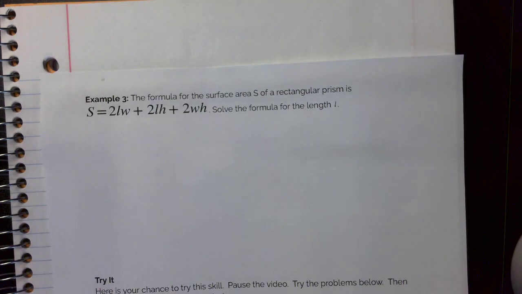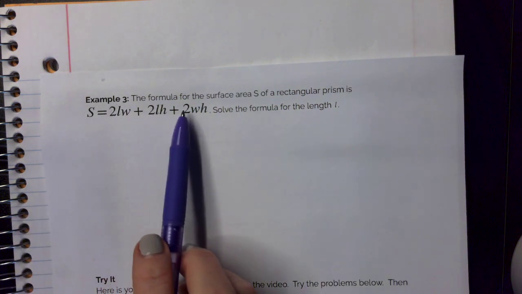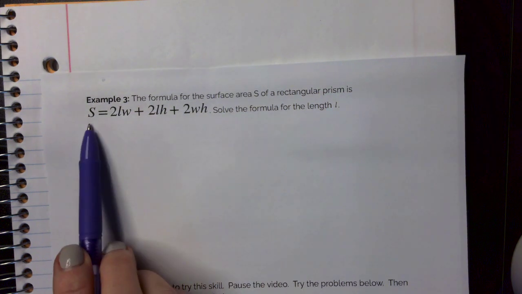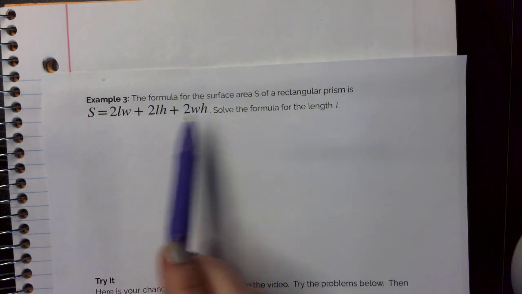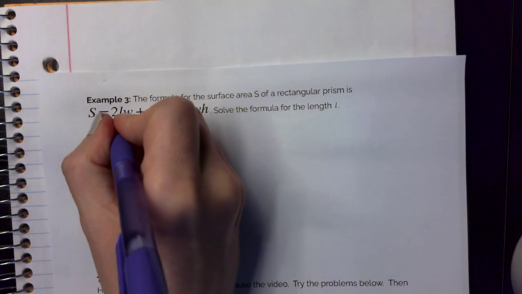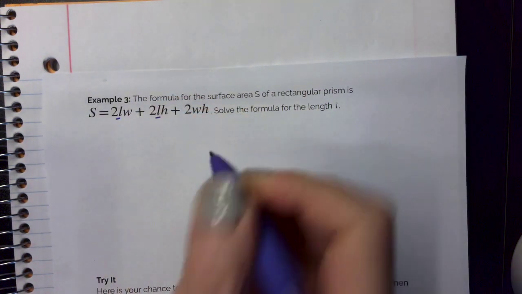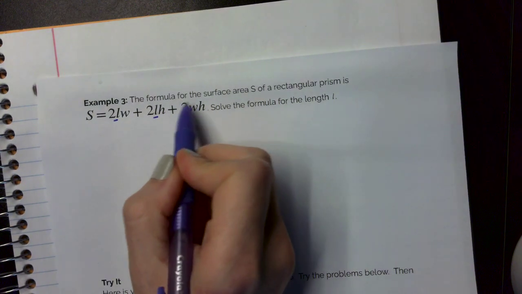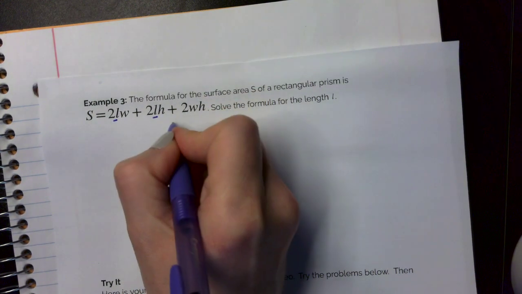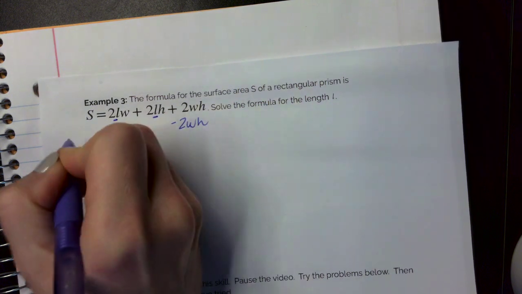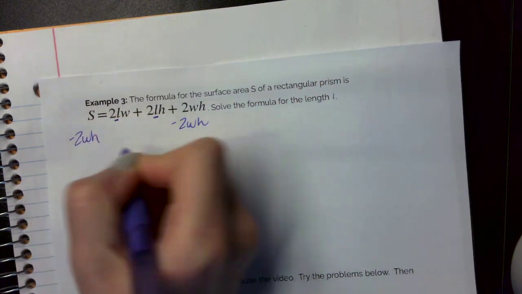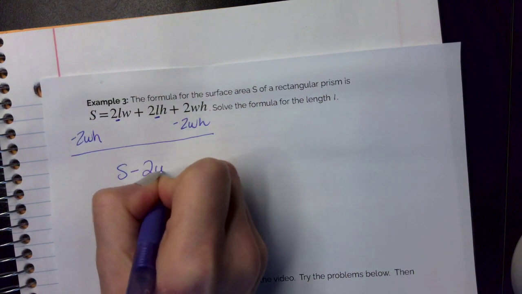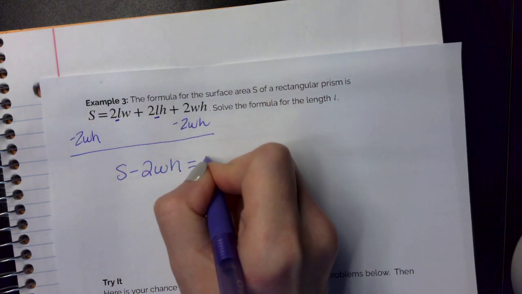Let's do another one. The formula for the surface area S of a rectangular prism is this formula. Solve the formula for the length L. Let me just, for myself, figure out where L is in this equation. There it is. So first, I'm going to get rid of this term on the right side. I'm going to subtract 2WH